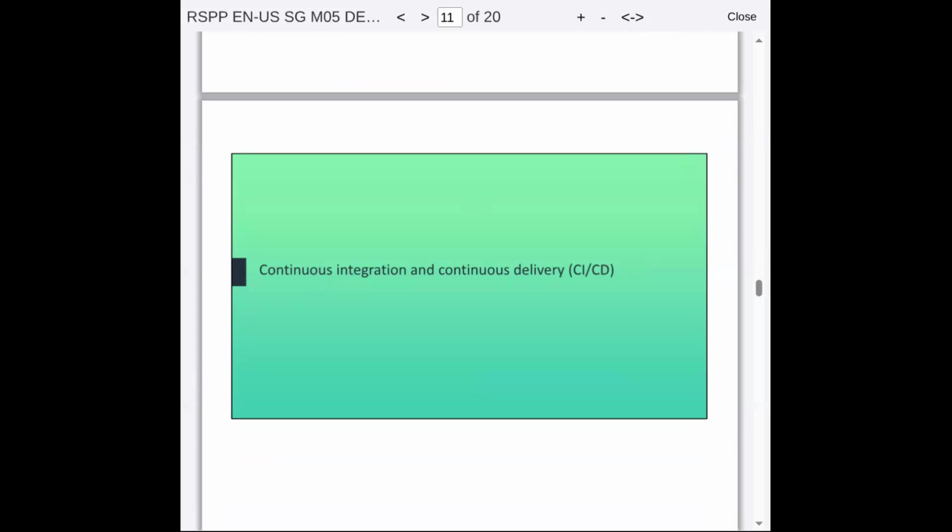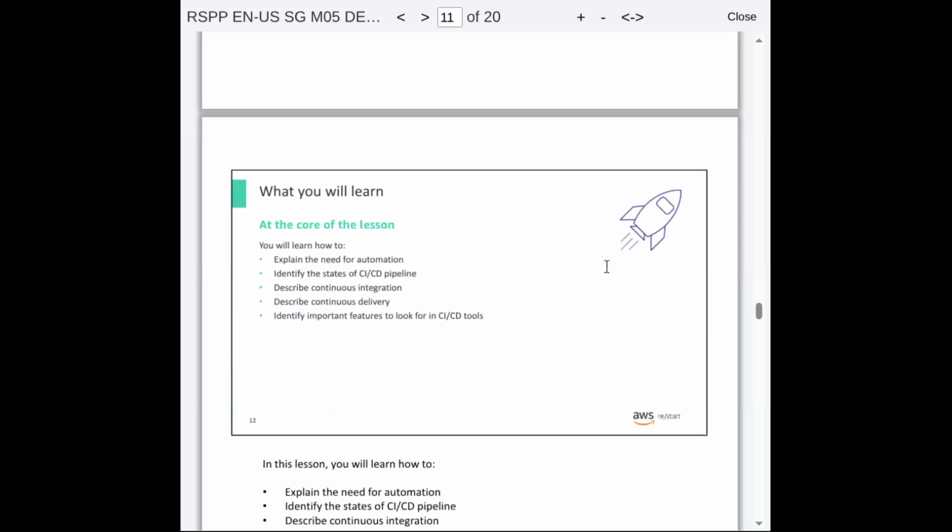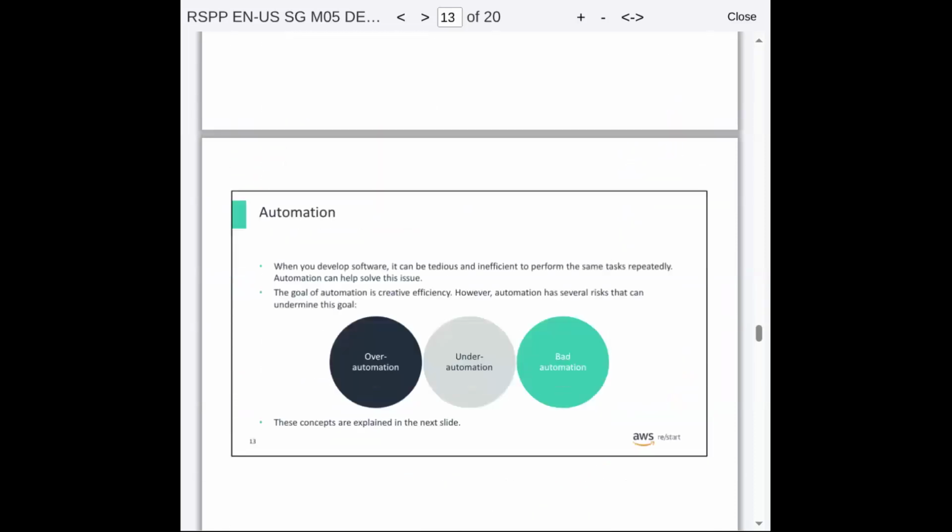Let's go to continuous integration, and we'll start with automation. All right, so in automation, we